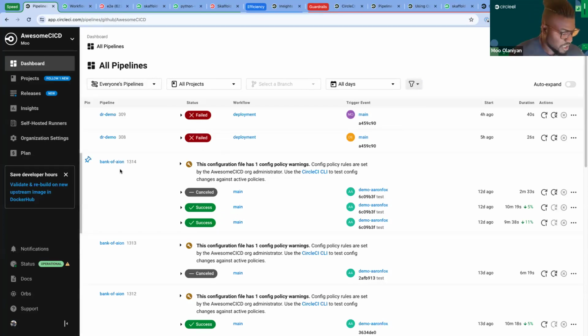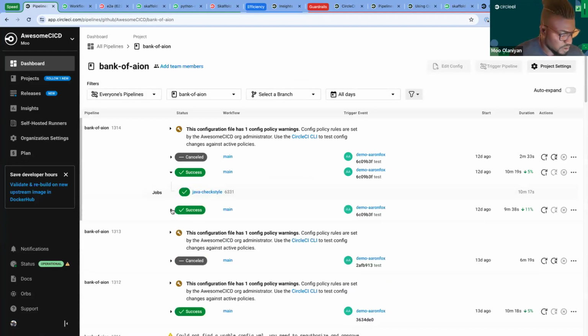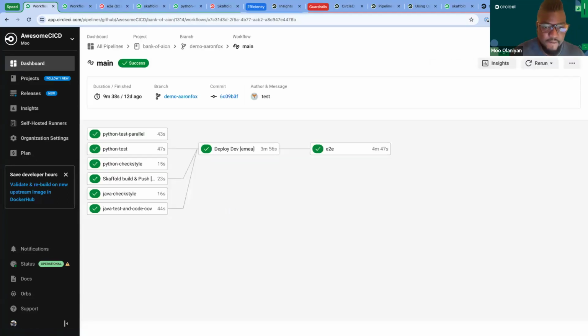Now, I'm going to hop into one of these pipelines here. We'll do this one. And we'll go into a workflow. This one's good. All right, so now if we go down a step deeper, we have our workflows, which is this particular view here. You can see that it is a graph of jobs which dictates the order in which jobs are executed and maps out their interdependencies. Jobs can be run sequentially, you can see across here, or in parallel. And this is powerful because it gives you the ability to really coordinate complex jobs and optimize them for speed and efficiency. This is my favorite view personally because it really easily lays out the steps in your pipeline.